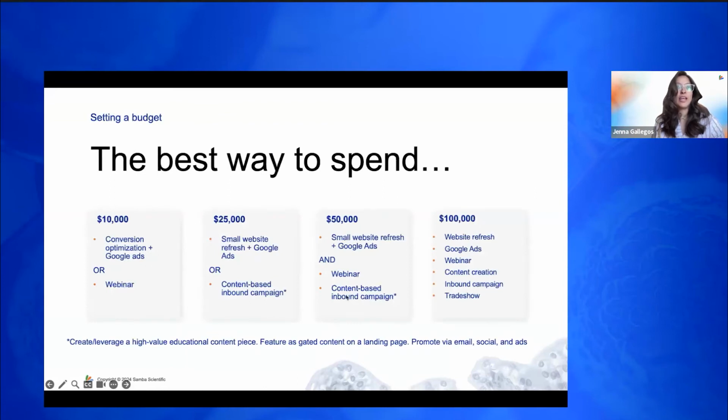All right. So if your budget is limited, what is the best way to spend $10,000? If a company comes to us and says they have $10,000, we generally suggest that they conversion optimize their website and that they launch some Google Ads, or if they have a good speaker, that they do a webinar for lead generation. Conversely, if you have a little bit more budget, that's when you might start to think about a small website refresh if your website hasn't been updated in a while, in addition to those Google Ads,